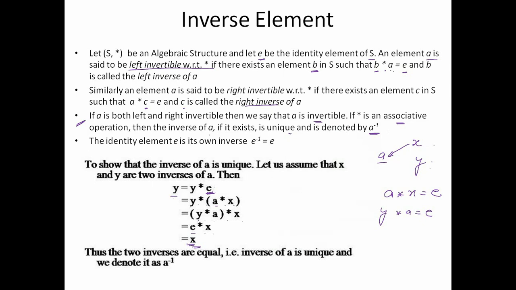But if I say that for the rational numbers, the operation is now multiplication, then for the same number 1/2, as the identity element for multiplication has changed to 1, the inverse of 1/2 can no longer be minus 1/2. Why? Because if I multiply 1/2 and minus 1/2, it will become minus 1/4, which is not the identity element. So now the inverse of 1/2 will be 2/1, because the product of 1/2 and 2/1 is equal to 1, the identity element, right? So the inverse element depends both on the element as well as the operation.